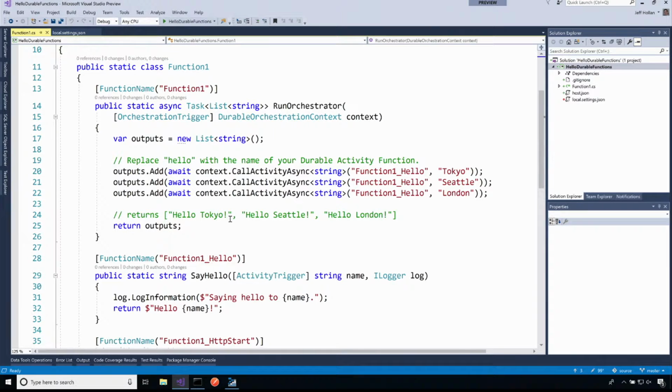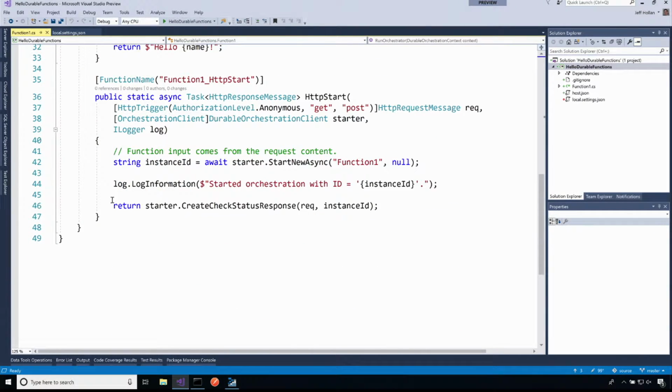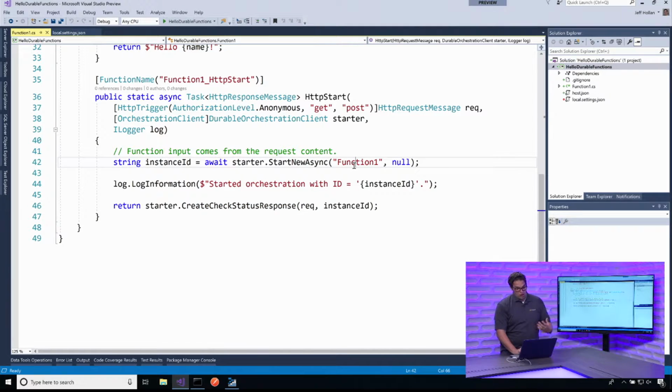Okay? So let me break down the 3 parts. I'm actually going to start at the bottom here. So the first part, this is our starter function. In this case, I'm exposing an HTTP trigger. I'm going to get a request. It's either going to be an HTTP GET or an HTTP POST. Both are acceptable. And all the code is really saying is, hey, right away, go start a new instance of, in this case, it's called Function1. Okay? So go start a new instance of the Function1 orchestrator. It's going to create a log, and it's going to return back some status endpoints. Okay? So my starter function gets an HTTP request. It says go start an orchestration called Function1 and return back your response.